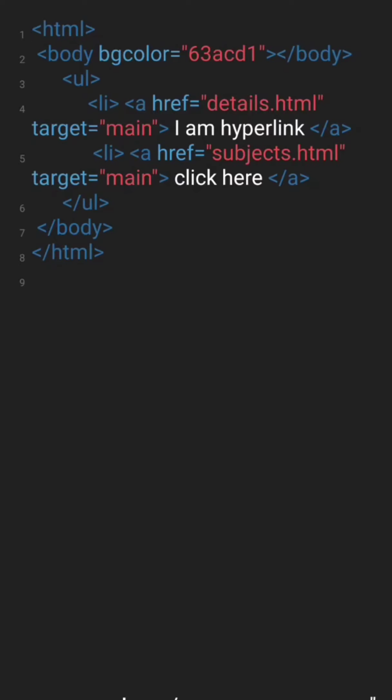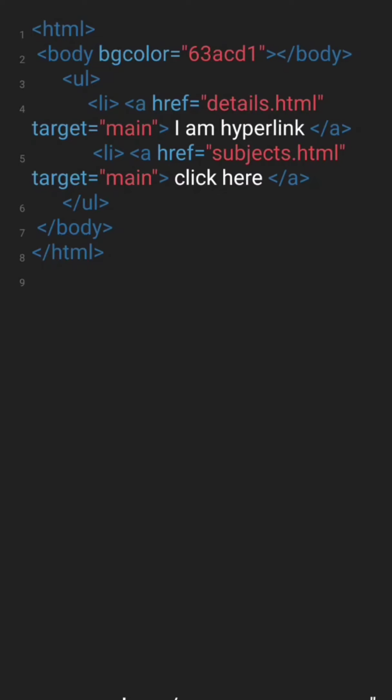In the first list item I have used one more tag, that is the anchor tag, with an attribute href. And what is the value of href? It is details.html. The hypertext here is "I am hyperlink", so on your screen there will be a hyperlink with the caption "I am hyperlink".